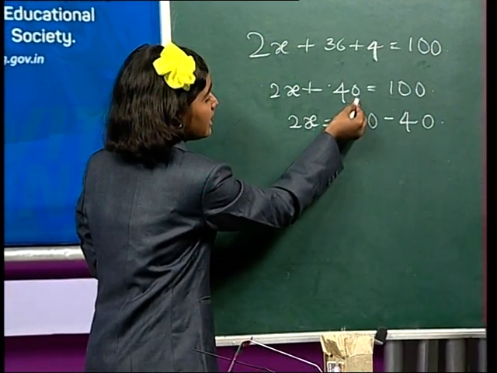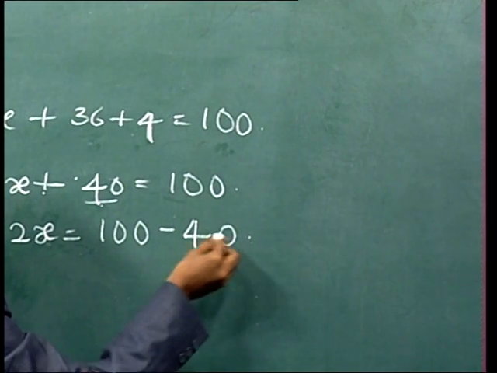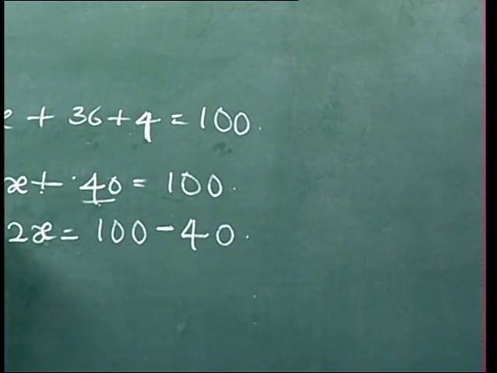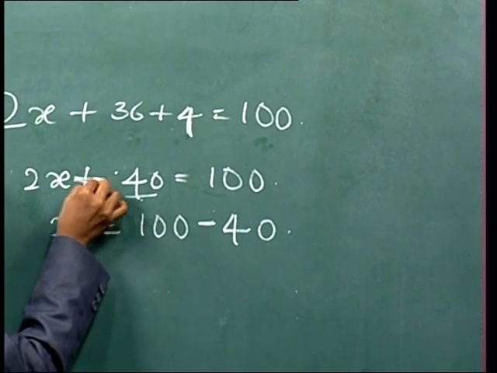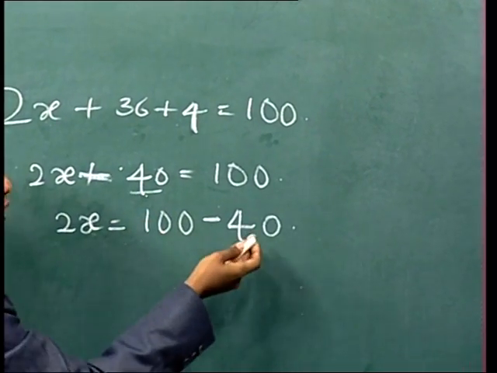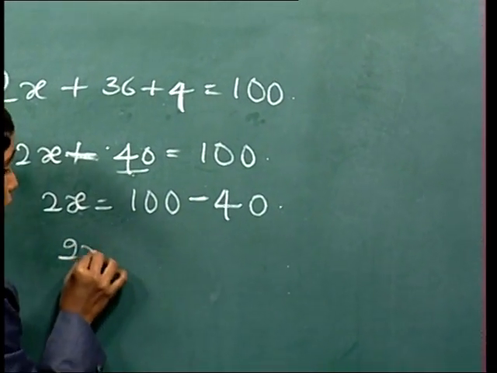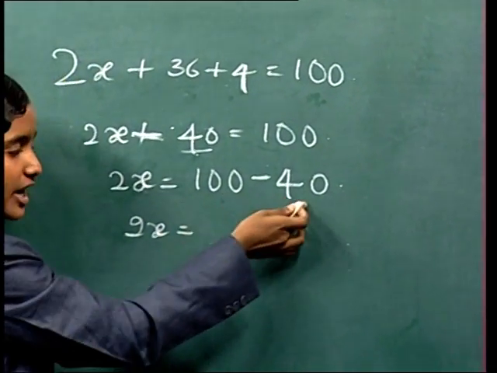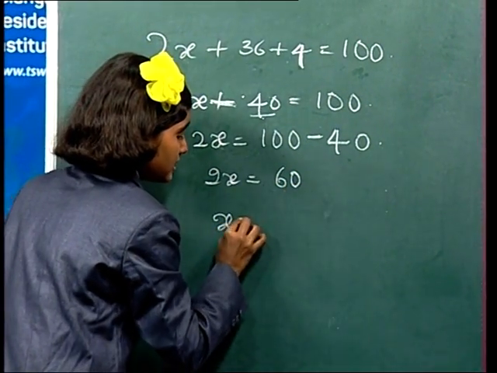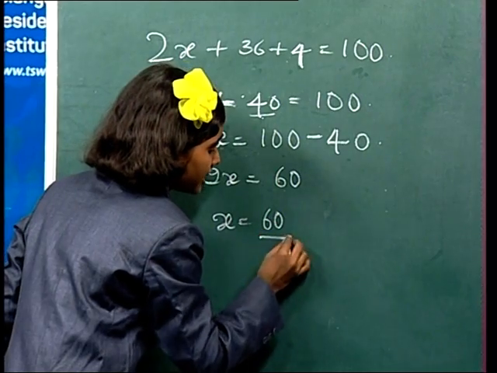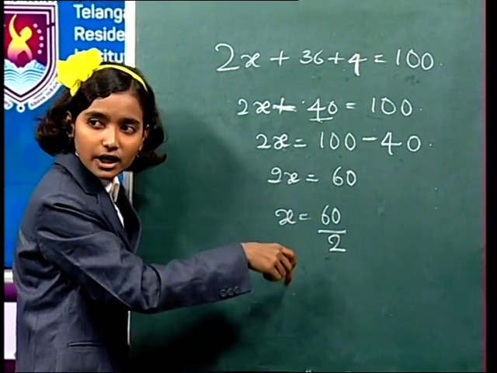Friends, here it is plus 40. When it becomes minus 40, do you know? The plus value, when it comes to RHS, becomes a minus value. So, now 2x is equal to 100 minus 40, which is 60. x equals 60 divided by 2. Here why is it divided by 2? Because